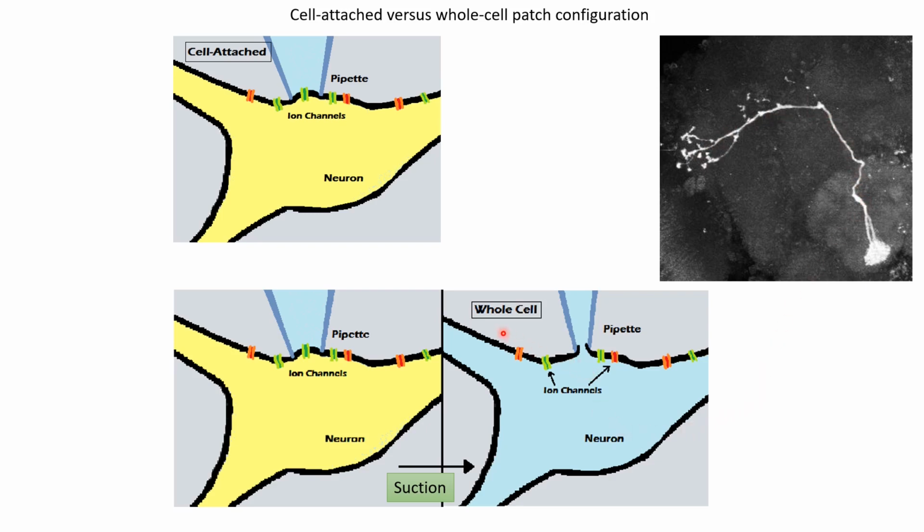So there are some advantages of whole cell recording, but an obvious disadvantage is that it is more invasive. So we are actually rupturing the neuron at a small point here, and that may cause harm to the neuron. And one way of reducing that harm is to ensure that this hole is as small as possible and the seal is as tight as possible.